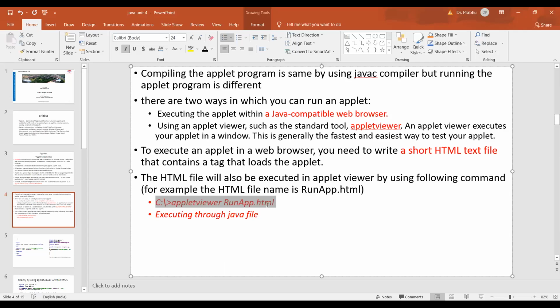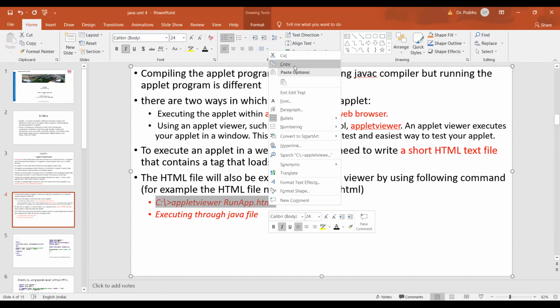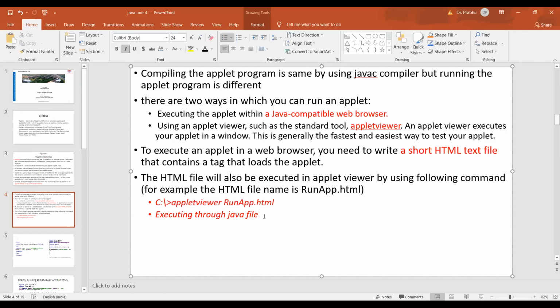Save this one, but instead of this one, we'll write the Java code. For example, our code is first.java. So we'll have to write like this. So this is also another way to execute by using the applet viewer.